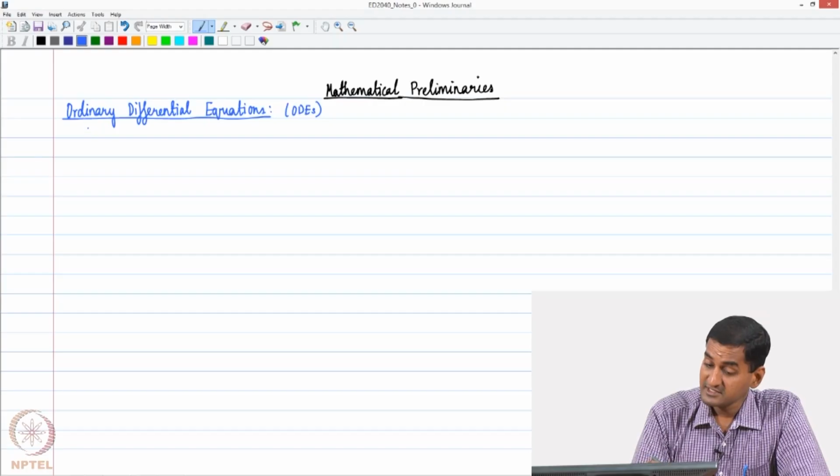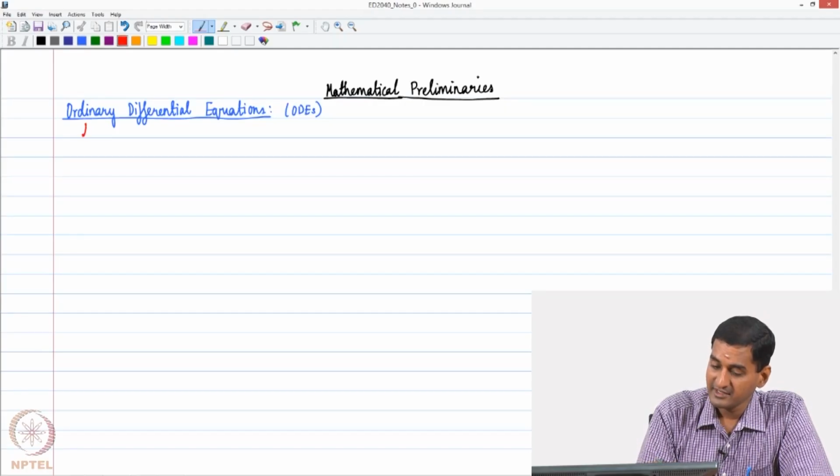As we are going to consider, more specifically, linear ODEs with constant coefficients, right? So why linear ODEs with constant coefficients? Typically what happens is that the